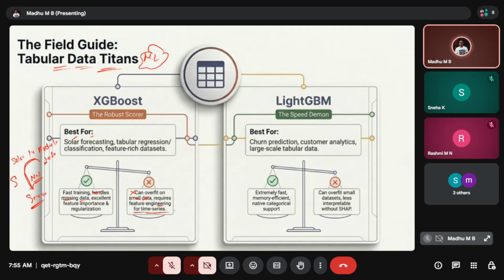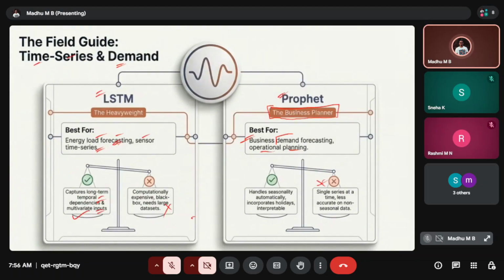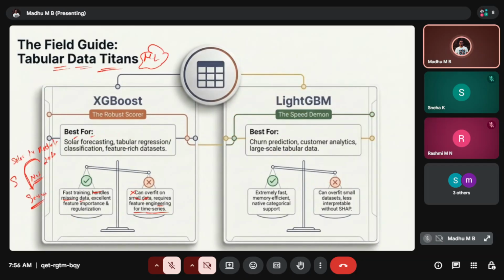It is a little more complex when it comes to time series. If we are continuously ingesting and trying to analyze, this may not be the right fit. In that case, we have to go for an LSTM. So this is the time series one, right? LSTM and Prophet, either one we have to choose. When we have data stored in columnar form, like bigger data sets, we have to choose this XGBoost. Okay.